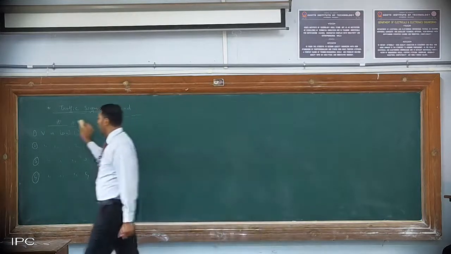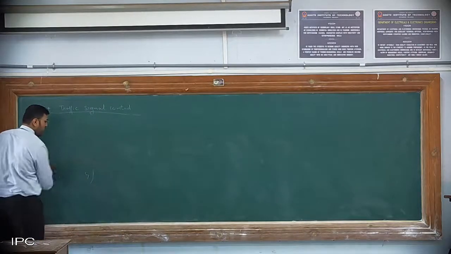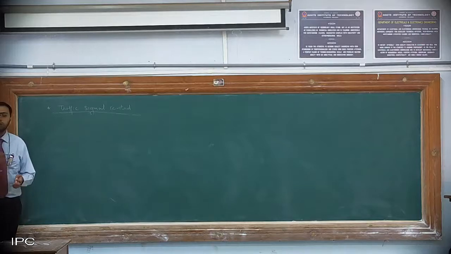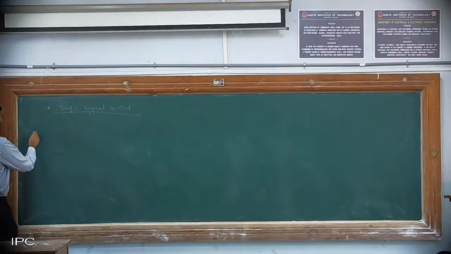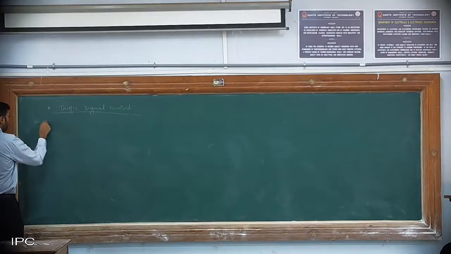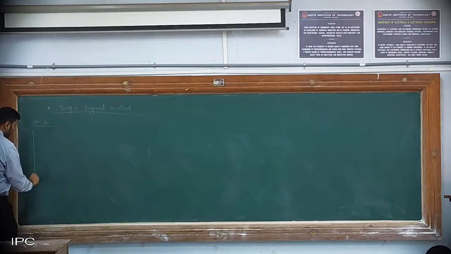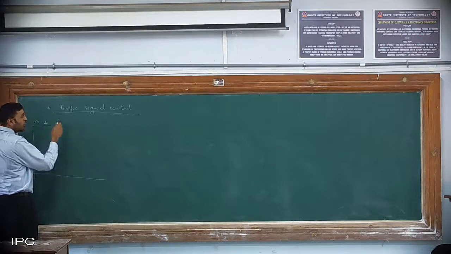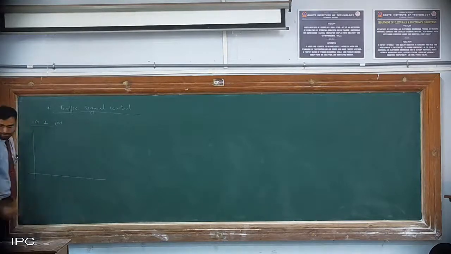Okay. So now what is the first thing we have to do? We have to do the fuzzification process. What is the fuzzification process? Converting a crisp value into a fuzzy value. So input 1. Okay, so we have number of vehicles in, just a minute.